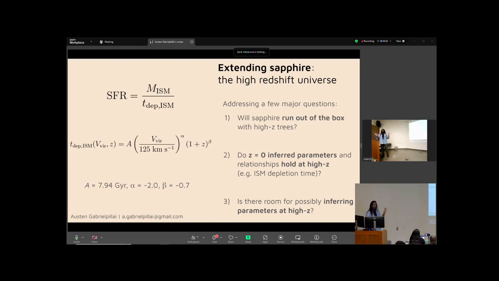So it's agnostic of morphology, which is a great thing to have when we're very uncertain about the morphology of galaxies, especially at that high redshift. And this ISM depletion time is dependent on these various factors, such as this linear preterm, and then you also have a redshift dependence and a virial velocity dependence. So this is already a good question to see if this measurement of depletion time will hold at high redshifts